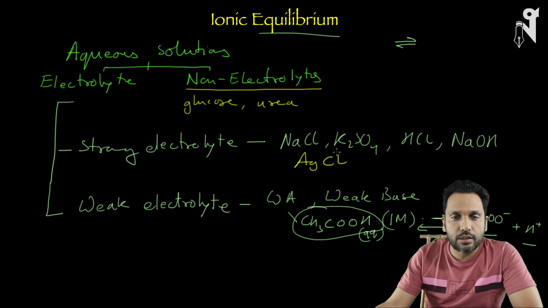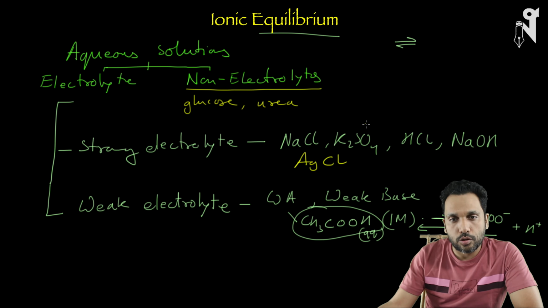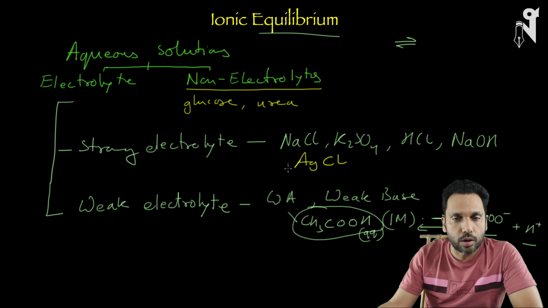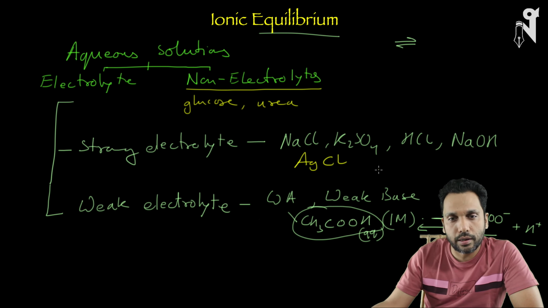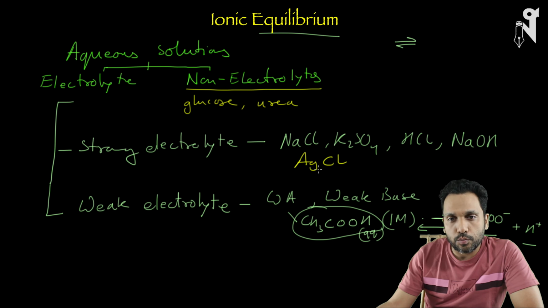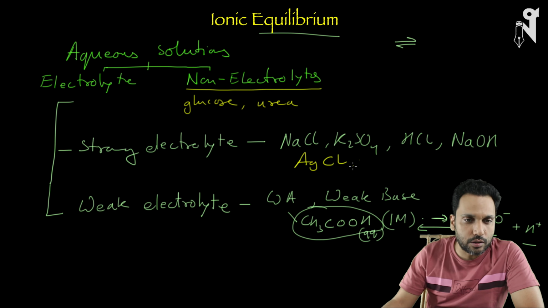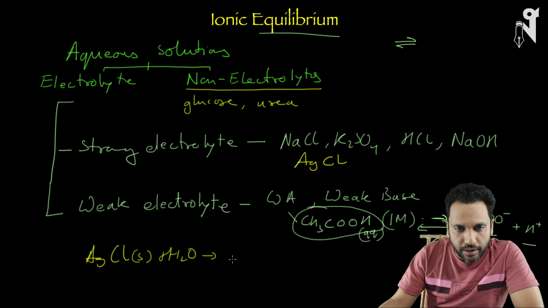Now AgCl is a sparingly soluble salt. It doesn't dissolve. We are talking about aqueous solutions, the things which have dissolved. So if I put 1 gram, 10 gram or whatever amount in water, in say 1 liter of water, a very minuscule amount of it is going to dissolve in that water and the rest is going to remain as precipitate. Now it would be solid, but the part which has dissolved, AgCl, solid, when it has been put in water, if I dare write AgCl aqueous,